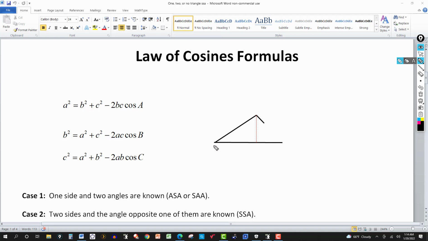So the angle given, say, will be angle A. And this would be side A, lowercase here. This would be, say, angle B. And this opposite side over here would be side lowercase b. This would be angle C, capital letter, and then the side opposite that would be c. So whether you have one triangle, two triangles, or no triangle